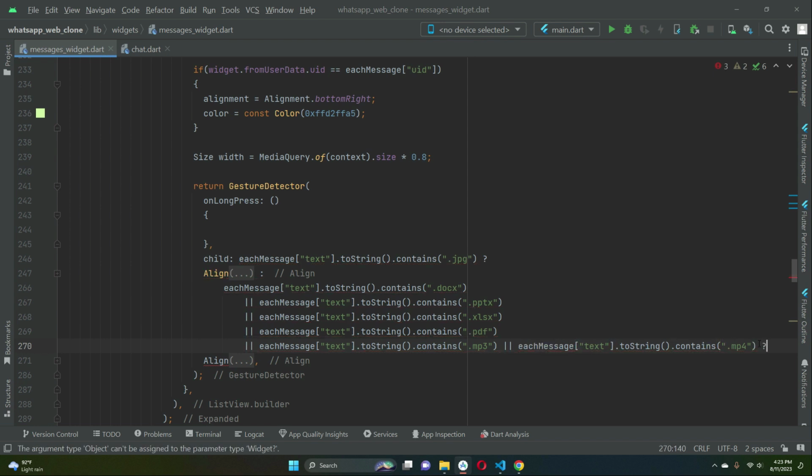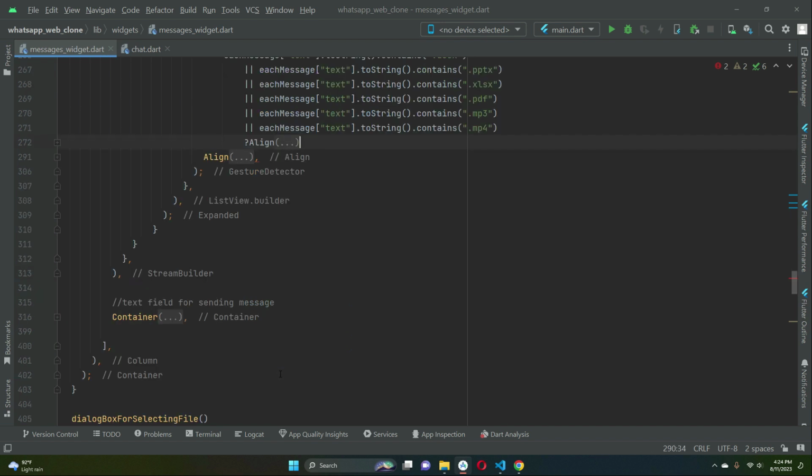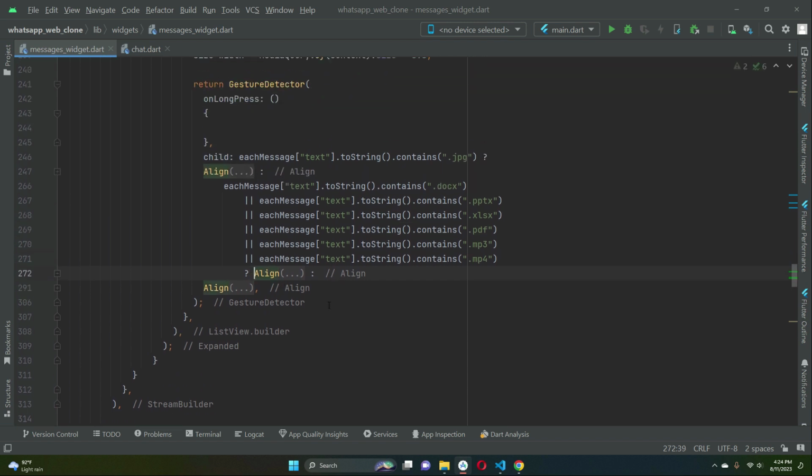and add the question mark, which means the ternary operator if. So what I can do is I will simply move it to the next line. I will copy this line and paste it here, okay, like this, and then add else. I will explain this now, okay. So first